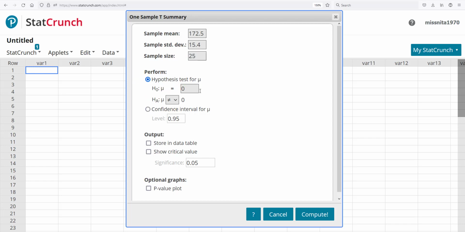The next part is where you do your tests. The first one, we're going to put in the mean, and once you put in the mean, it populates into the second part. So you only have to type it in once. This box here, your alternative hypothesis, you can change. You can change it to